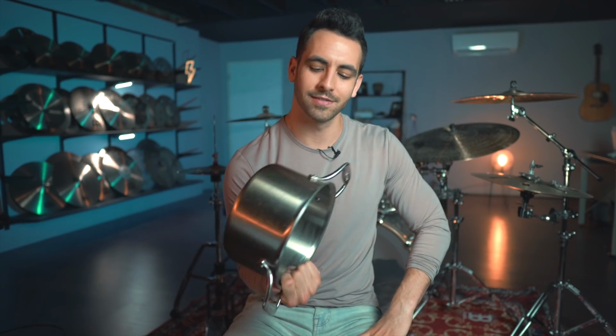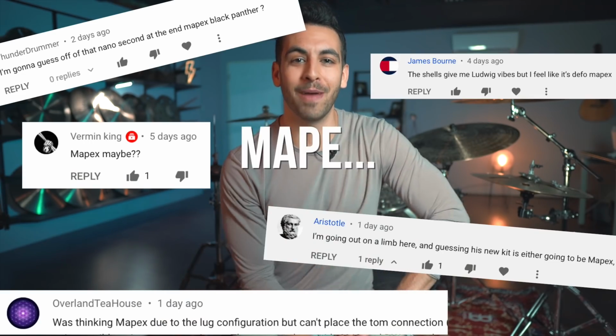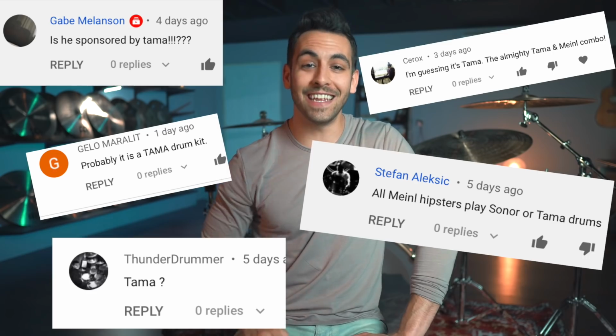That's right, say hello to my 8-inch stainless steel firecracker snare drum. It's so sick. This is not a funny joke. All right, I'm just kidding. A lot of you did point it out, and it's actually made, wait, no, it's not that one. Sorry, that was the wrong brand. A lot of you guys pointed this one out, and you are correct. It is what? It's not that one either. The real drum company that I signed with is...